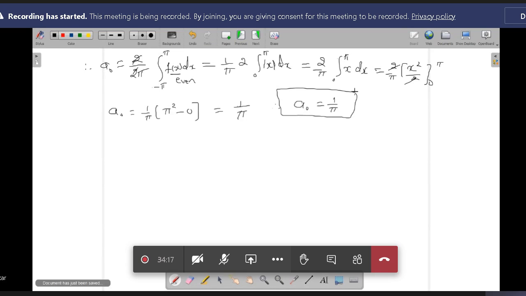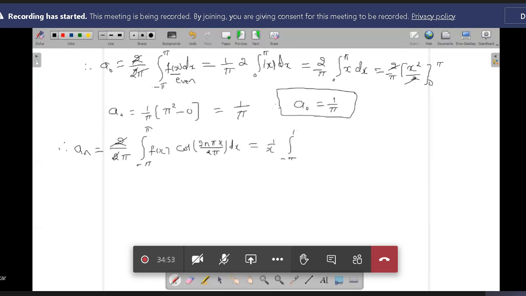So similarly we need to find an, and therefore an is 2 by T. So the 2 by T is the period 2 pi, limits from minus pi to pi, f of x into cos 2n pi x divided by 2 pi into dx. So that is 2 to cancel, 1 by pi, integration from minus pi to pi, f of x is mod